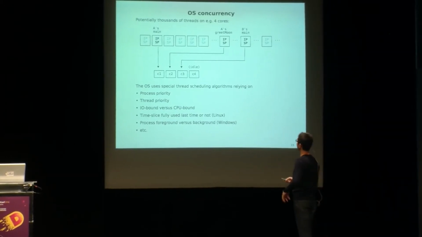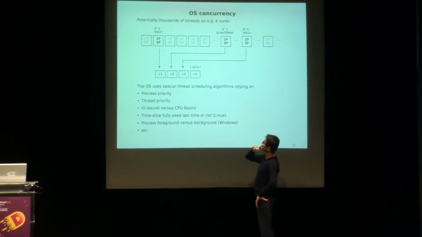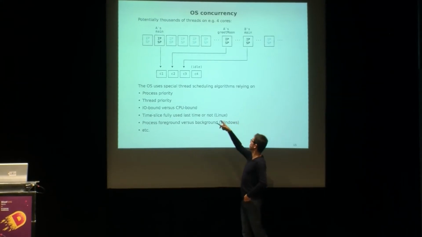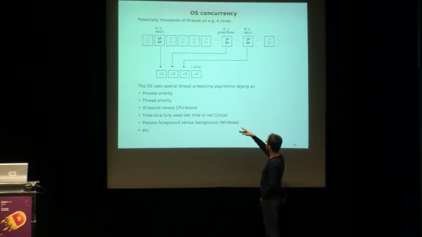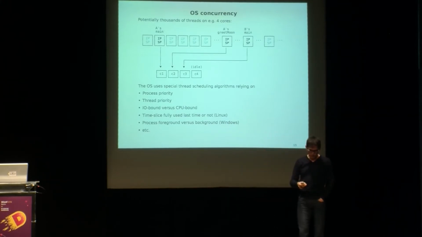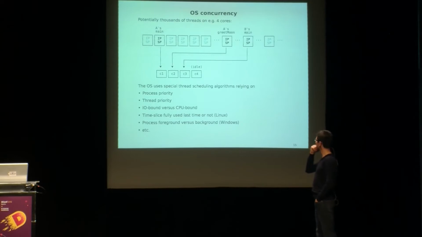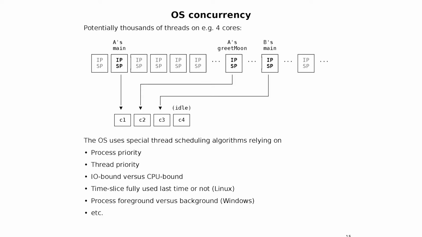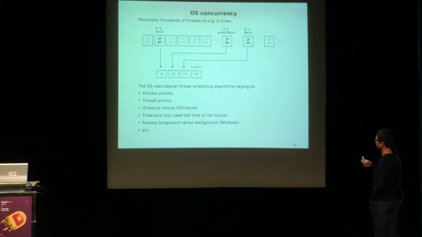Let's say you have 4 cores. What the operating system does is assign or set the IP and SP of one of the cores to one of the threads, likewise, and tells those cores to go ahead, execute. In this example, we have an idle core, which is a bad thing. So the operating system thread scheduler will go out and pull another thread, put it on the 4th core, and run that at the same time as well.